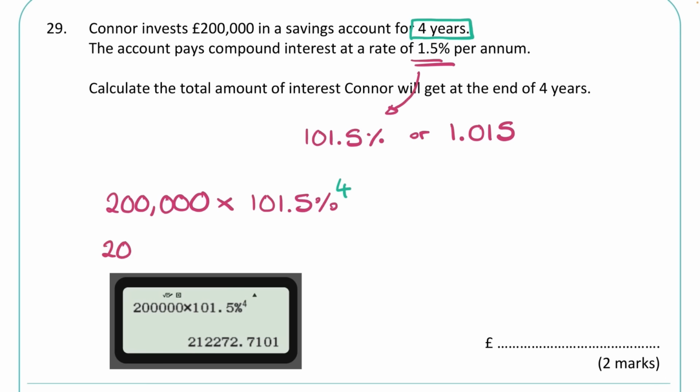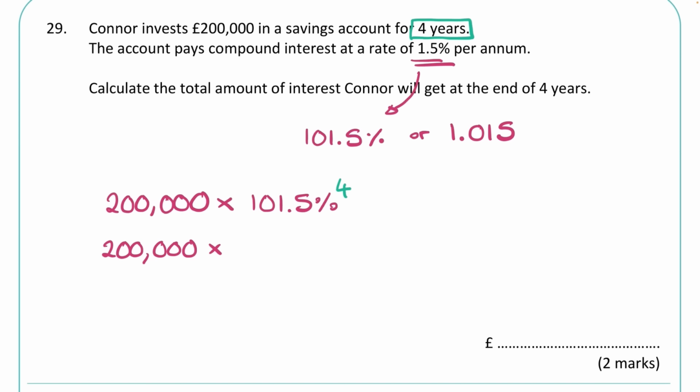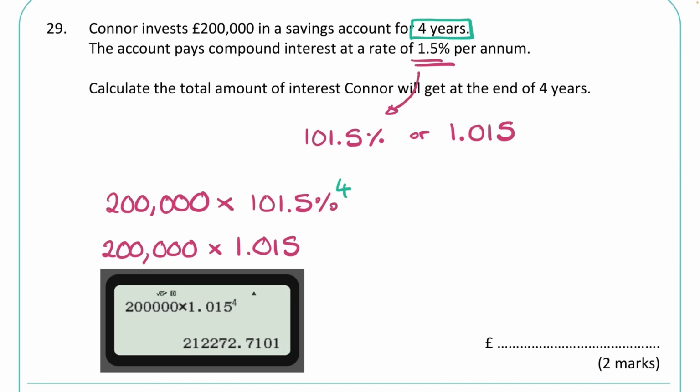So there are, of course, 2 ways that you could type this in. You could either type that percentage in, or you can use the multiplier, which you got anyway from typing that percentage in. It doesn't matter which one you type in. And there we go, to the power of 4. Which either one of those you type in, it doesn't actually matter at all. Let's just type in the multiplier, 1.015. There we go, and I get a final answer. It comes out as